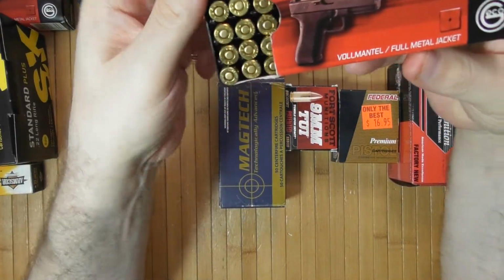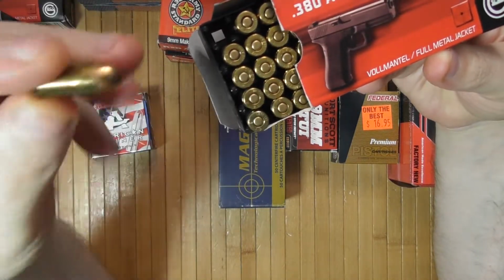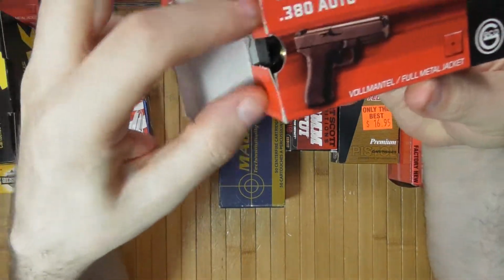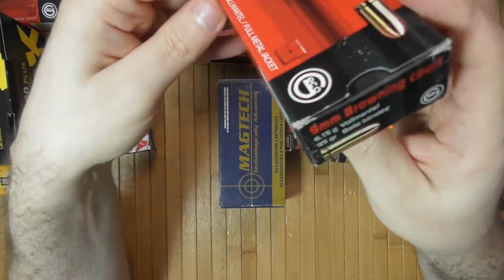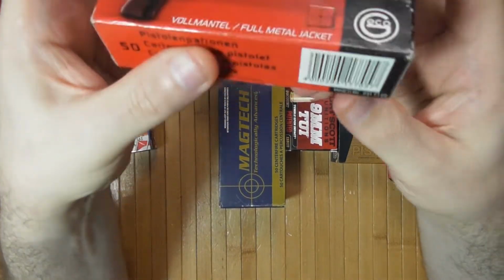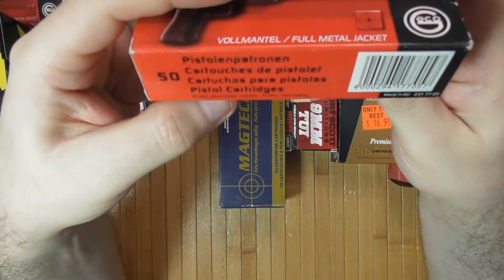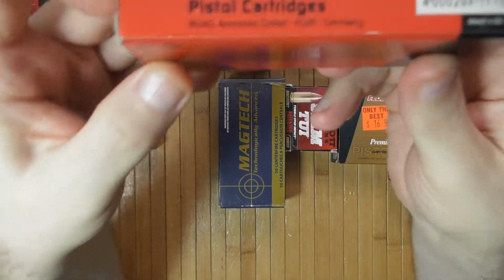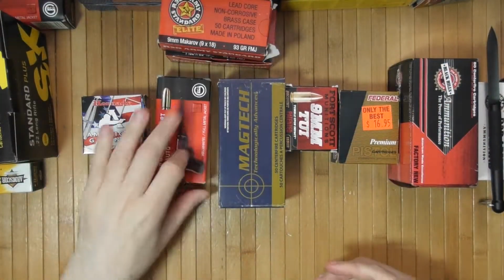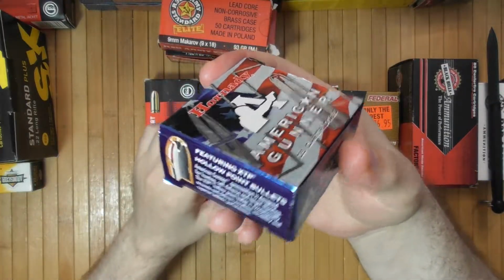Here's an example of a fairly good practice FMJ from Geco. Good luck finding them today. But I still have a few hundred or thousand left. FMJ, made in Germany probably. Yay! But again, I have a pocket 380, and as you can imagine, to carry it,